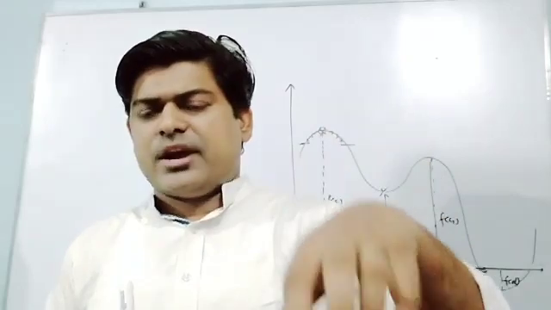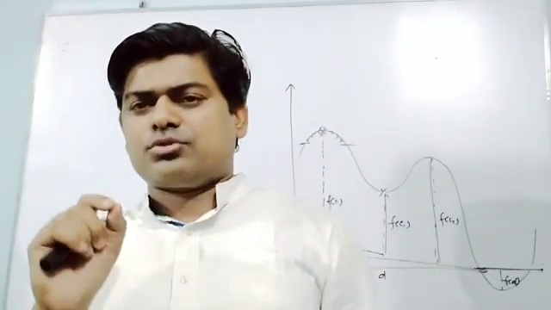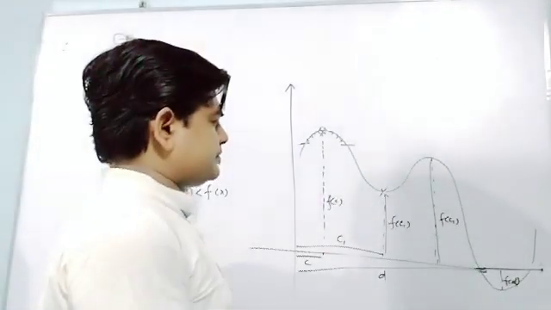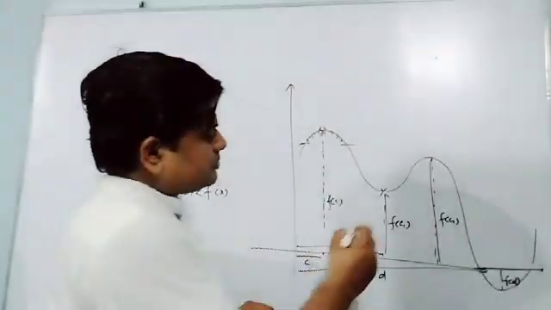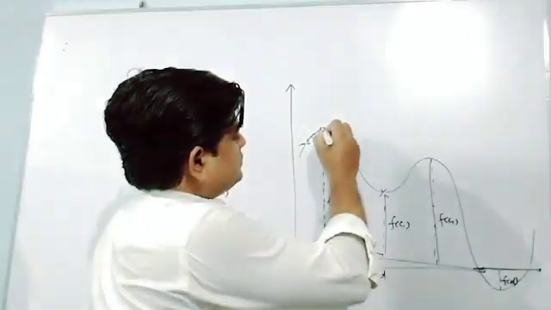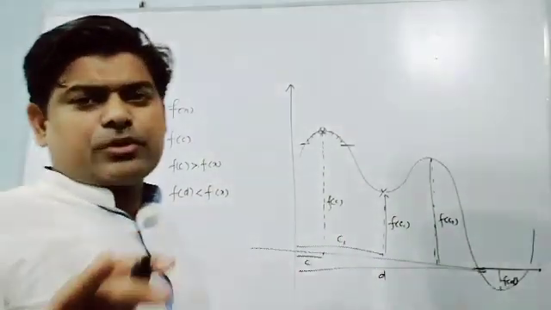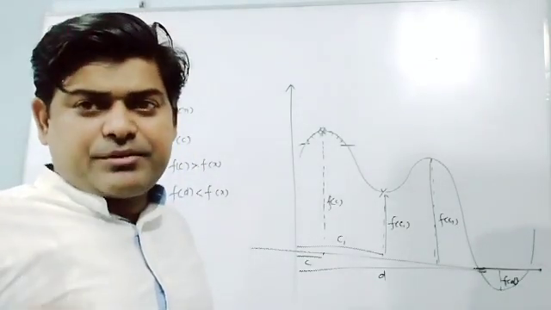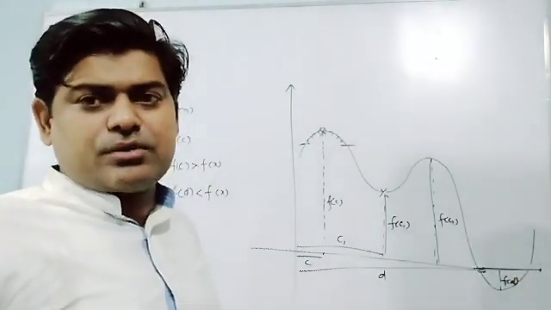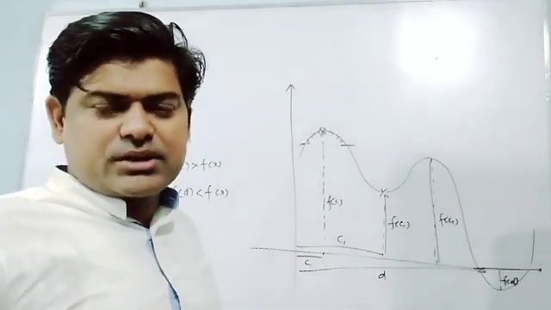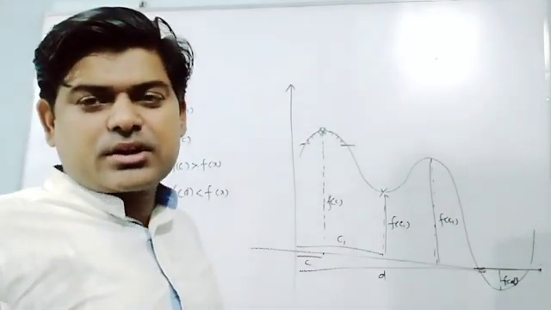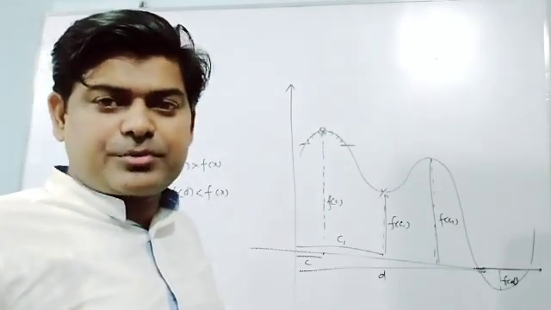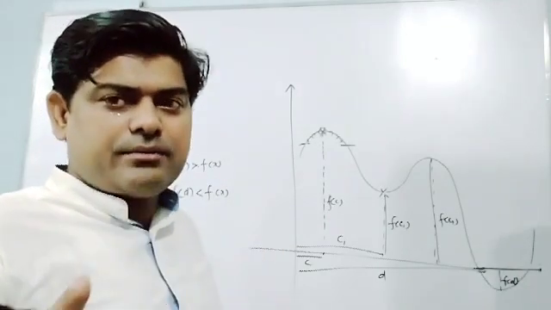On discussion of all these maxima and minima, one more point I have to tell you, that is a critical point. What is the critical point? A turning point, I can say. Actually, to find the turning point, first of all we will differentiate the given function, meaning if f(x) is there, we will find f'(x), and when we equate f'(x) equal to 0, we will find some value of x. This value of x is called the critical point or turning point, and on this obtained value of x, we will find f(x).